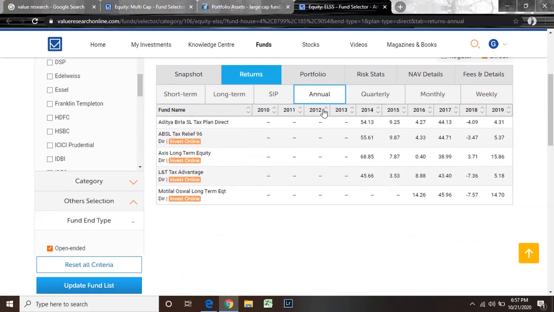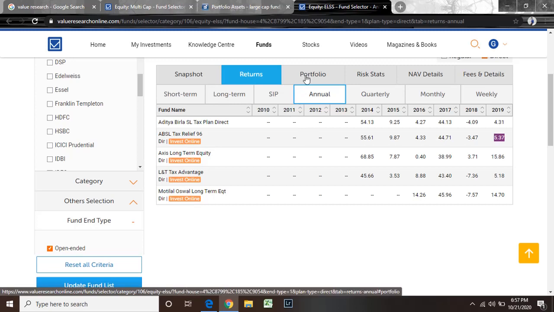And then the annual returns, which we also discussed. In 2014, how much the fund has given the returns: in 2018 minus 3.47, 2019 5.37 for Aditya Birla Sun Life. So this way we can see all the details of mutual funds on this website very easily, and which helps us to choose the right mutual fund for our need from the large set of mutual funds available in the